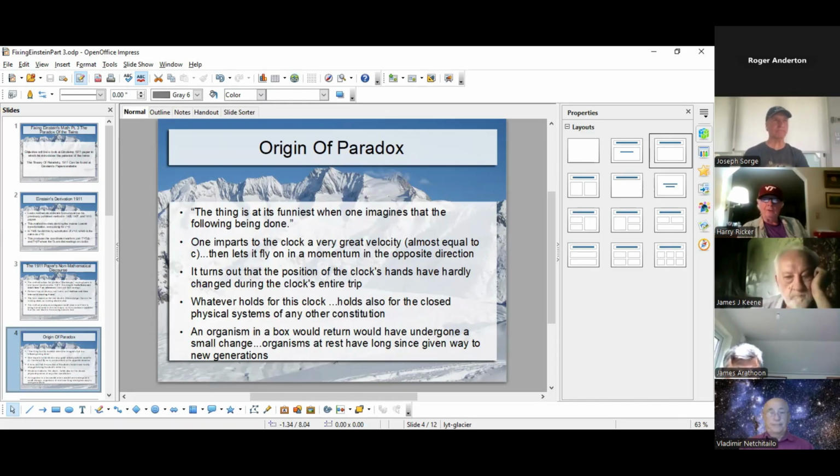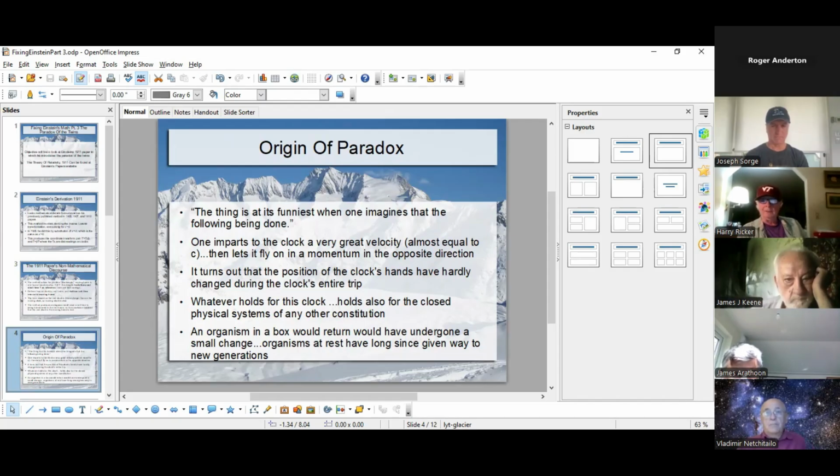Okay, so I'm going to talk a little bit about what Einstein says that kind of leads us to this twin paradox issue. He says, the thing is at its funniest when one imagines that the following is done. One imparts to the clock a very great velocity, almost equal to c, then lets it fly on in a momentum in the opposite direction. So he's saying that we're going to have this clock fly out and then we're going to have it turn around and come flying back. And then he says, it turns out that the position of the clock's hands have hardly changed during the clock's entire trip. Well, that follows because he's using